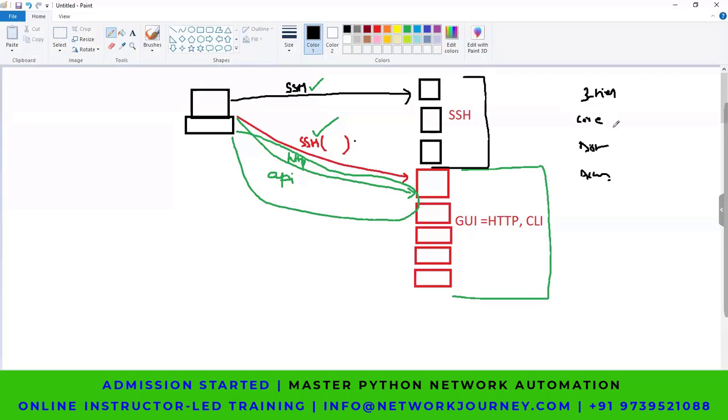Whatever the layers, if they have CLI or they have graphical, you can automate. You can do multi-vendor automation. You can automate any of those layers. You just need the communication,